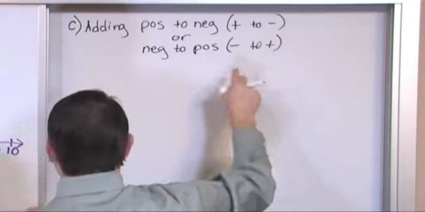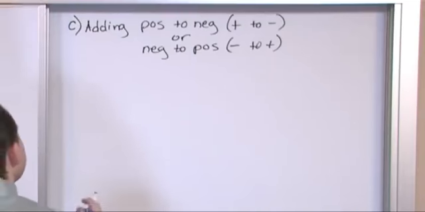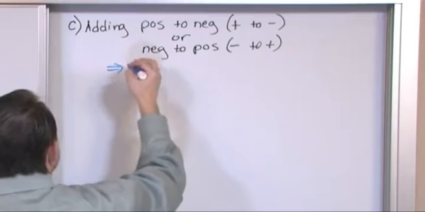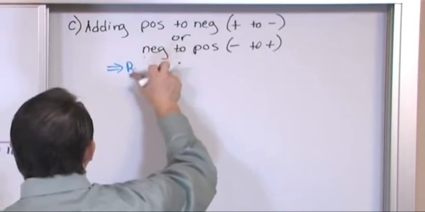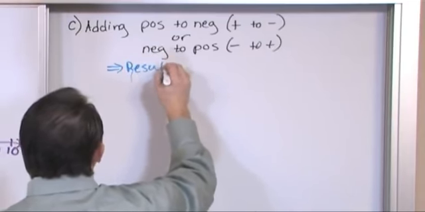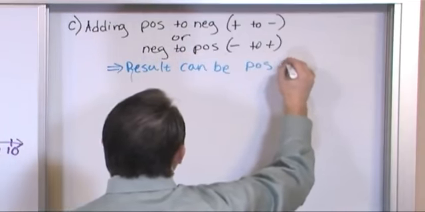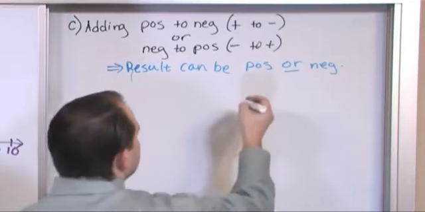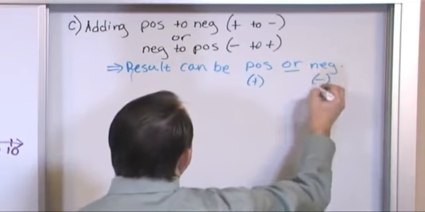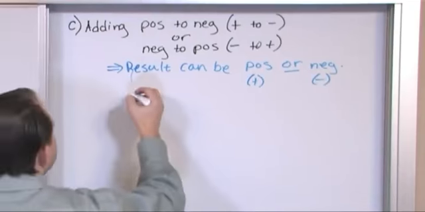So positive to negative or negative plus positive. You're going to do exactly the same thing in both of those cases, but it's something, again, you haven't learned before because you're just learning about these negative numbers. So what you're going to do in this case, the result can be positive or negative. So this is where it gets a little bit tricky to people. So it could be a positive number or it could be a negative number in the answer. And the trick is, how do you figure out if it's positive or negative? The sign,